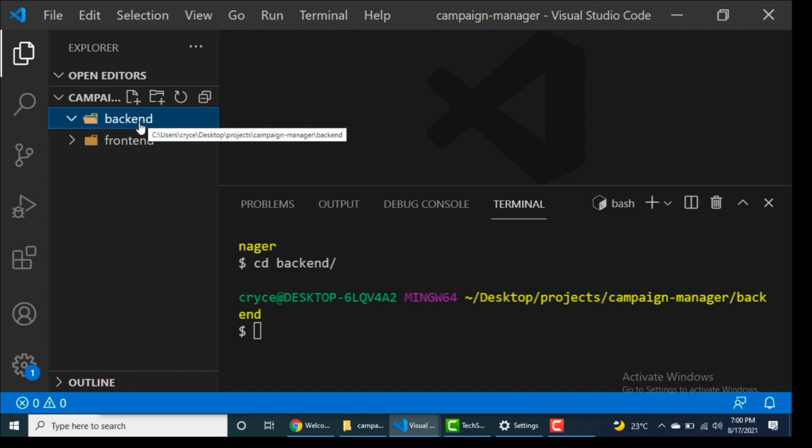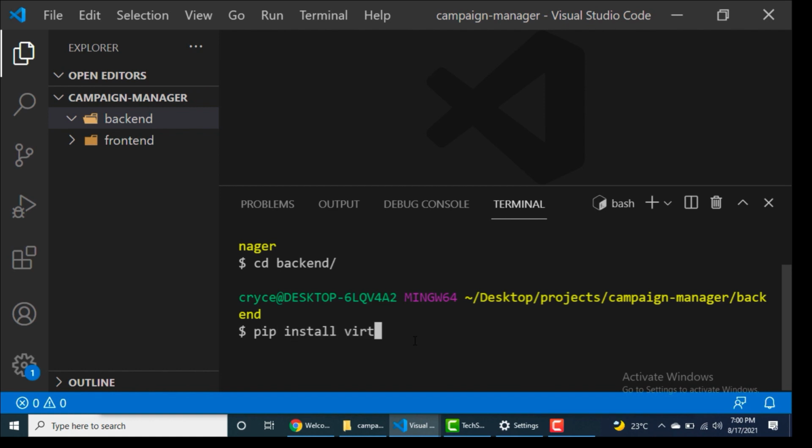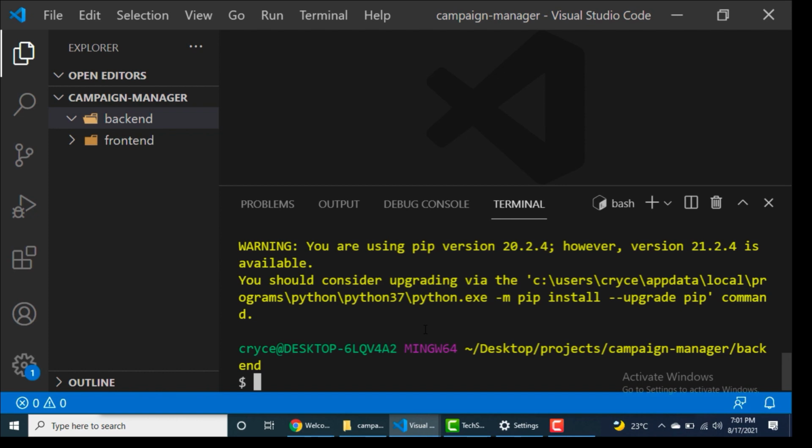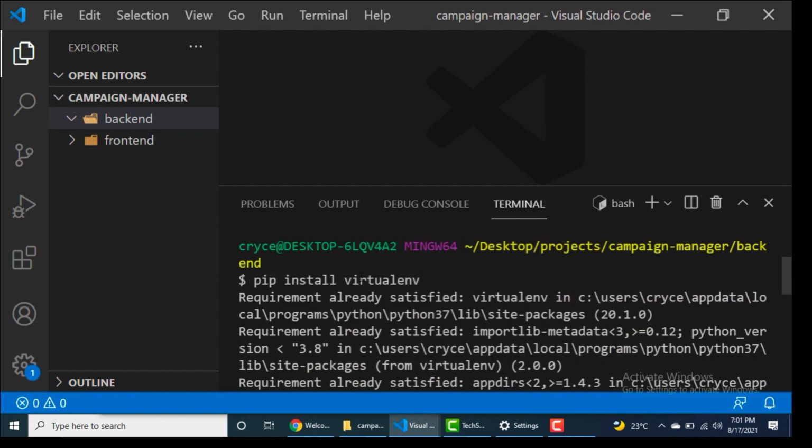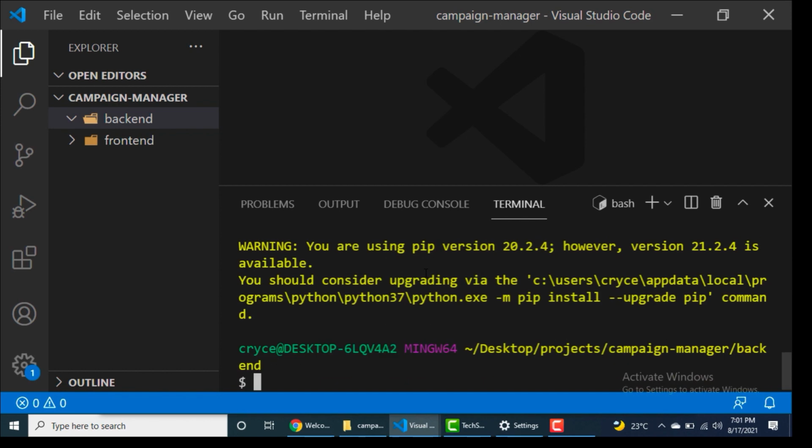To create a virtual environment, you're going to be using the virtualenv module. You should be able to get that by typing in pip install virtualenv. That's going to go ahead and make sure we have it. On Mac or Linux, if you have Python 2 still installed, you might have to run this using pip3 install virtualenv. And once we have that, we can use virtualenv to create our virtual environment where our